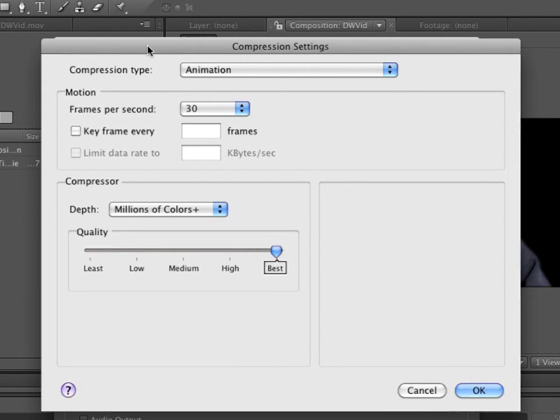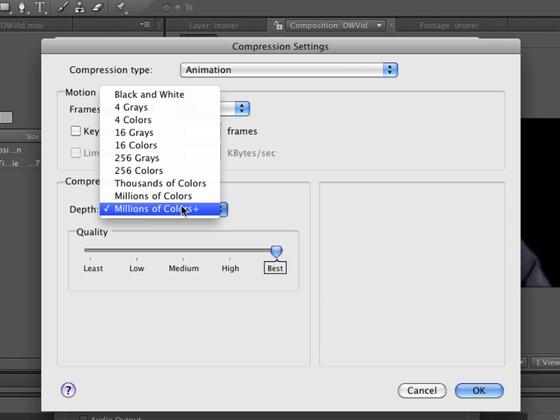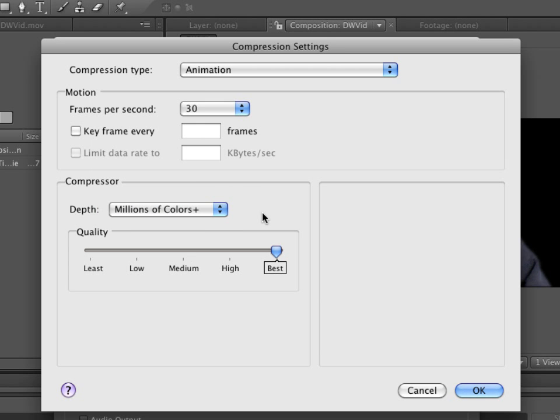If you are working with alpha channel video in Flash or in QuickTime, you must choose the animation codec, which is a lossless codec that doesn't lose anything, and you must set the color depth to millions of colors plus. That plus means millions of colors plus an alpha channel. So it's 24-bit color plus an extra 8 bits for the alpha channel. Set quality to best. The reason is real simple. This is lossless, so big file, no big deal, because you're going to be running it through the Adobe Media Encoder anyway. So you just choose your codec type, away you go, click OK,